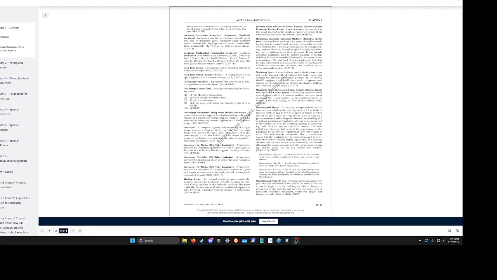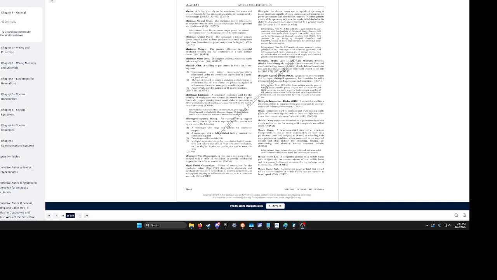is luminaire, a complete lighting unit consisting of a light source such as a lamp or lamps together with the parts designed to position the light source and connect it to the power supply. So, for example, a fan can count as a luminaire. A sconce can count as a luminaire. A recessed light, like a wafer, is a luminaire technically, because it is a complete lighting unit consisting of the light source itself, as well as parts designed to position the light source and connect it to the power supply. Next,